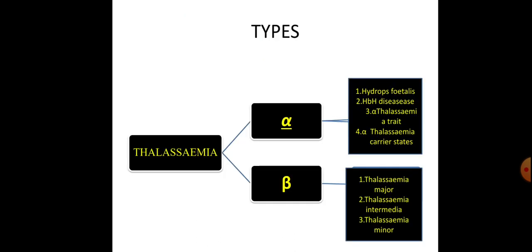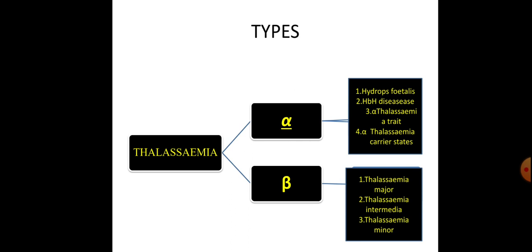So alpha thalassemia, which occurs due to inherited gene deletions, can result in conditions such as hydrops fetalis, HbH disease, alpha thalassemia trait, and alpha thalassemia carrier states. Whereas beta thalassemia, which occurs due to point mutations, can result in conditions such as thalassemia major, thalassemia intermedia, and thalassemia minor. Here, the important point to remember is